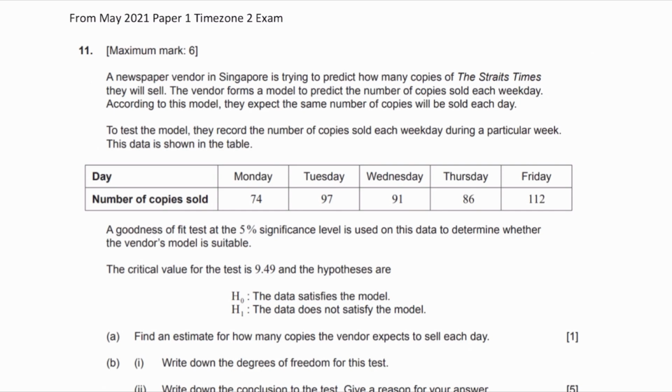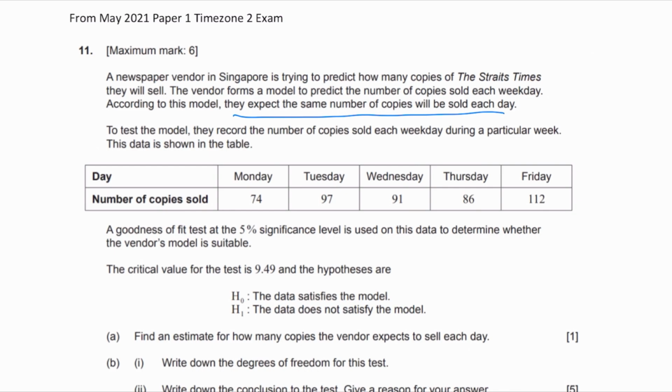The vendor forms a model to predict the number of copies sold each weekday. According to this model, they expect the same number of copies will be sold each day. To test the model, they record the number of copies sold each weekday during a particular week. This data is shown in the table. A goodness of fit test at the 5% significance level is used on this data to determine whether the vendor's